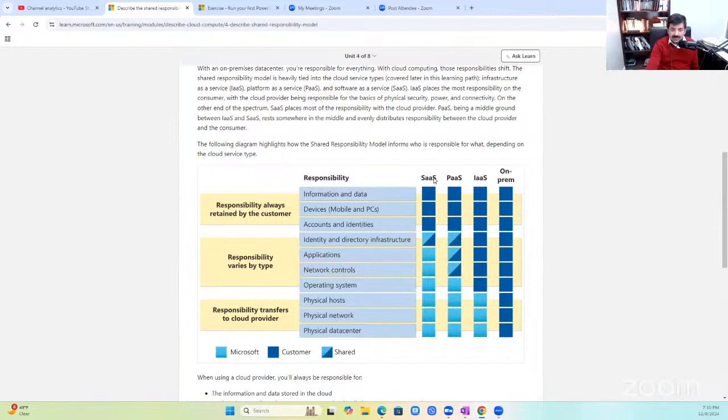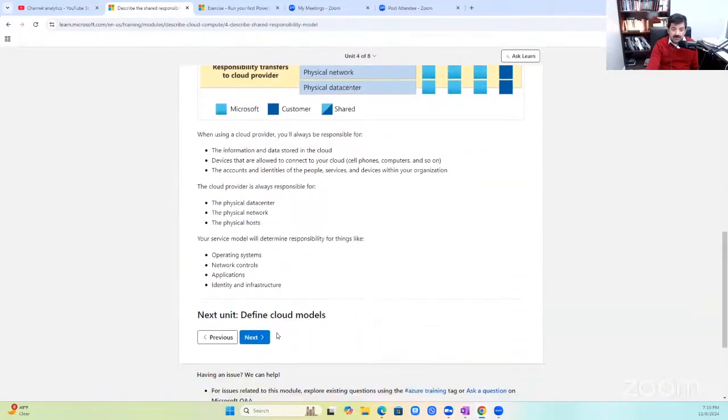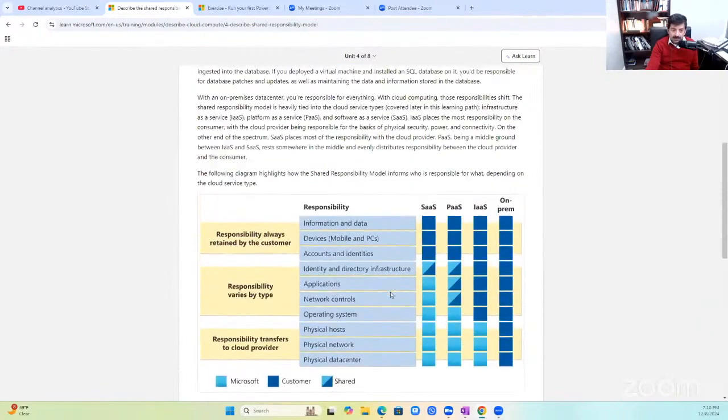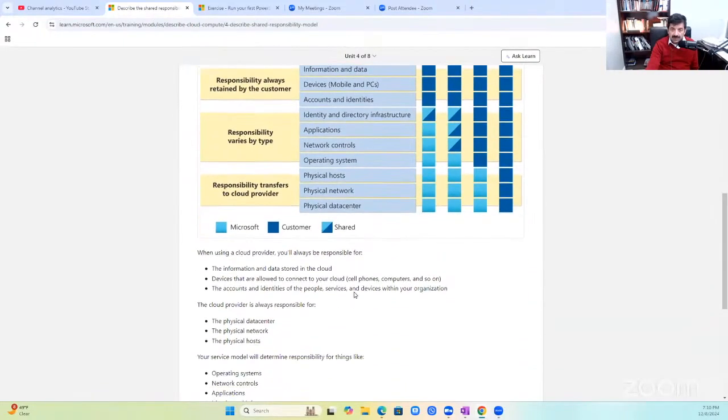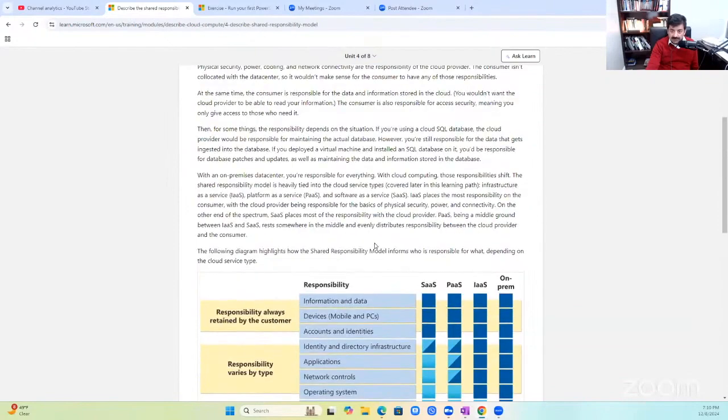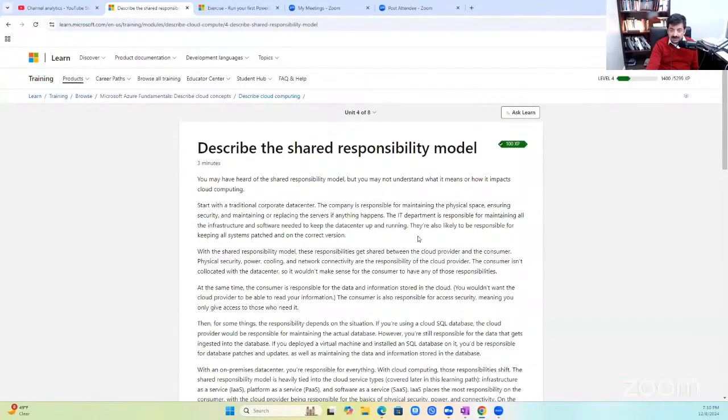And with software as a service, you basically give responsibility for everything to a third-party cloud like Microsoft, and you are just maintaining some devices, the computers you have given to employees. You are responsible for your information and data. You are managing the accounts, and the rest of the things have gone to Microsoft. So this is a big overview of Azure and the different shared responsibility models.